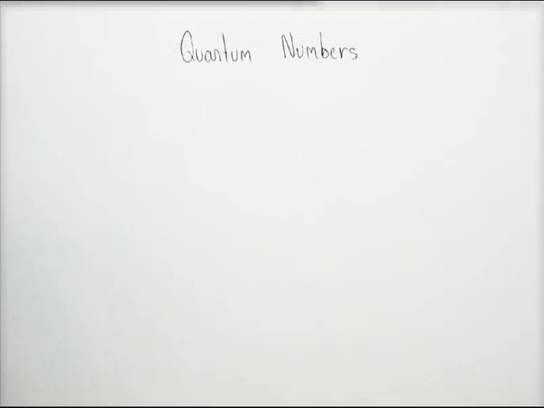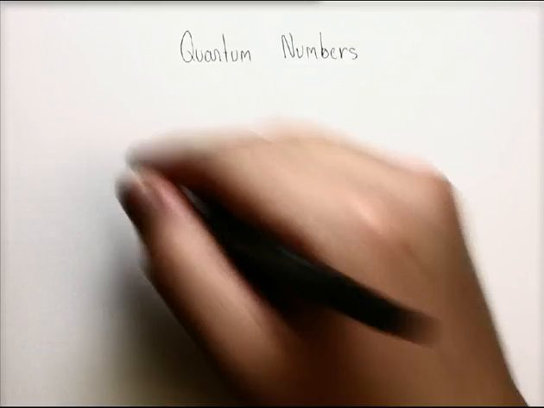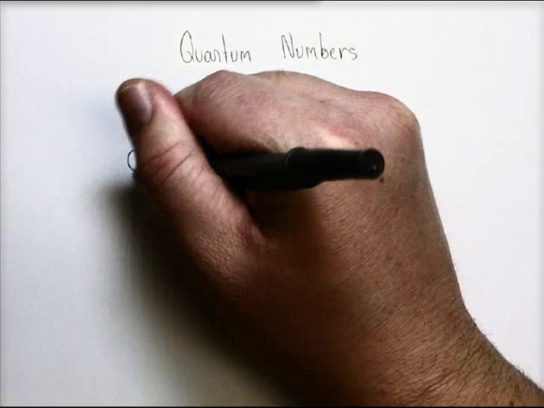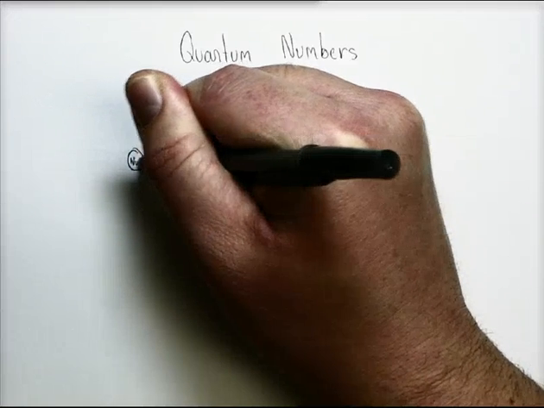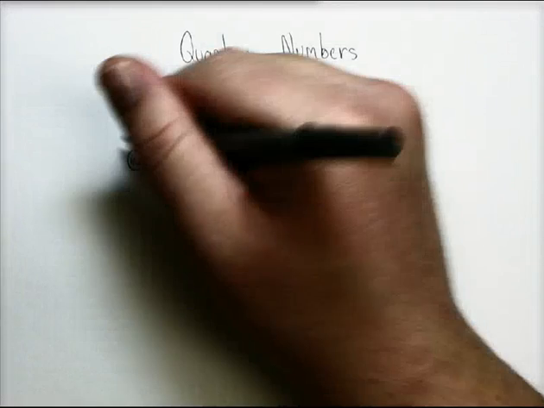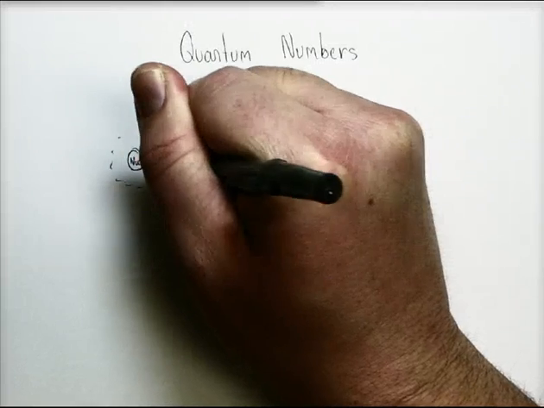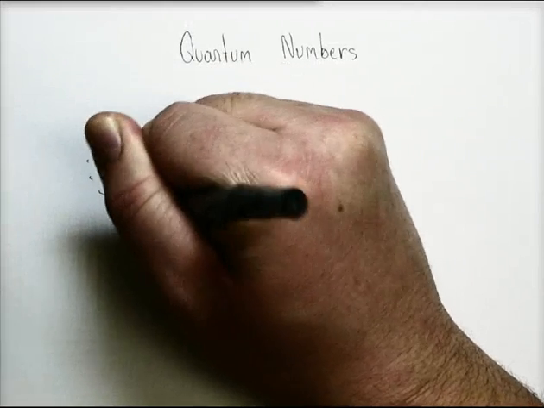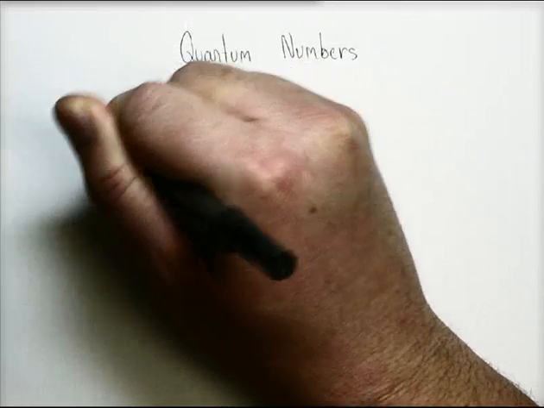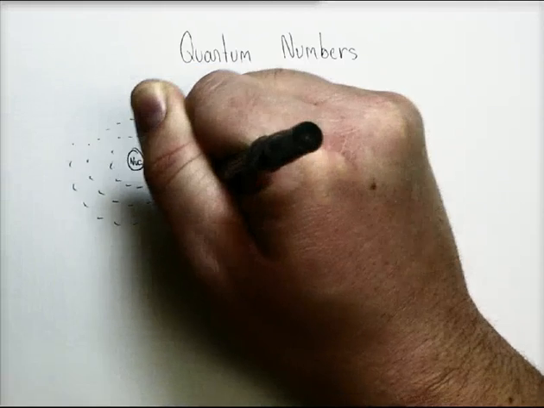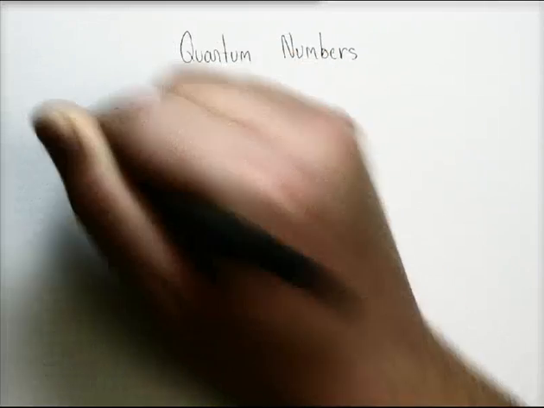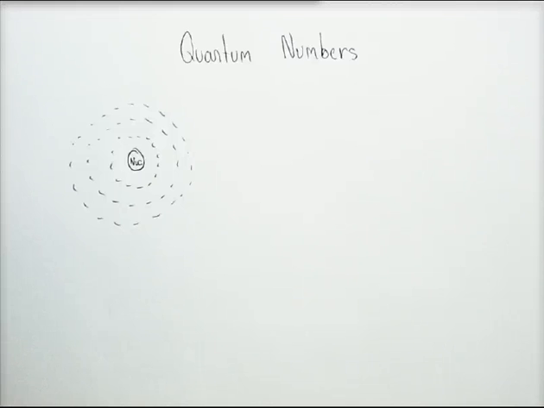Alright gang, today we're looking at quantum numbers, which is just a way to talk about the location of an electron. So before we get into the numbers themselves, let's set the big picture of what we're looking at. I want you to imagine we've got some atom, and here is its nucleus, and then we've got these different energy levels, like in the Bohr model,